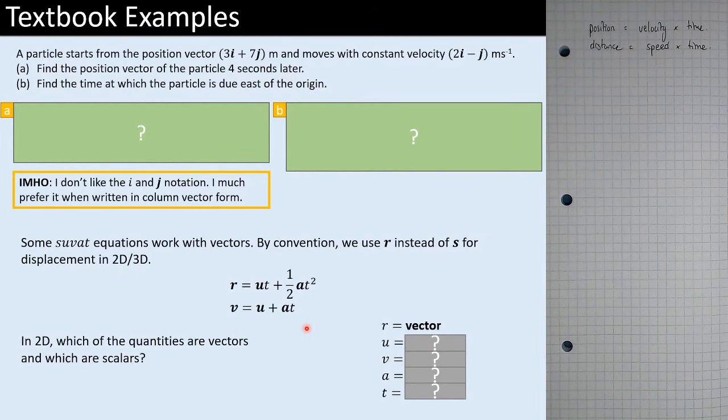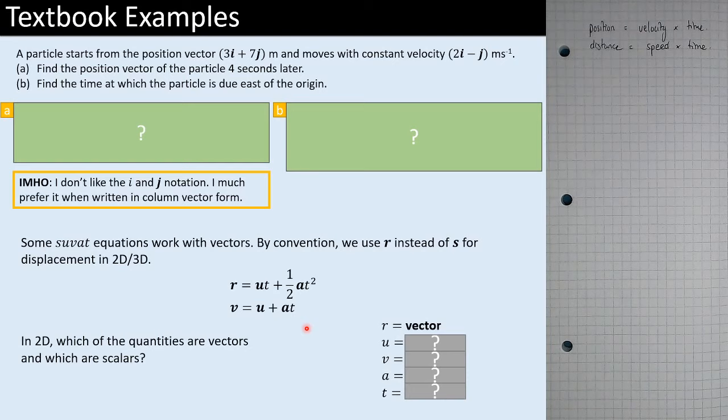So how do we start using this and SUVAT? Okay. So most of the context of the problems will remain relatively similar to what we've seen before. We're going to have things moving with constant velocity, starting at a position and starting at t equals 0 or something like that. All of those kinds of things are going to be very similar. We're just going to have to look to establish what are